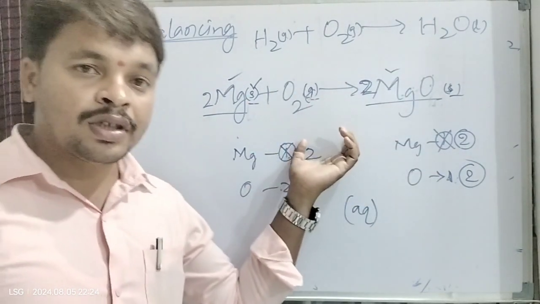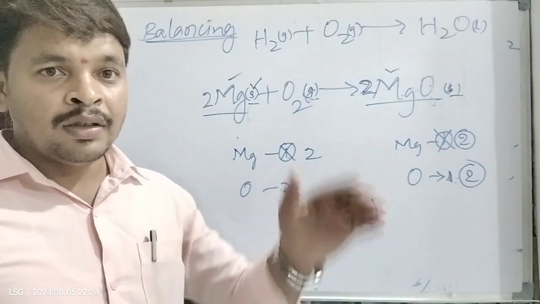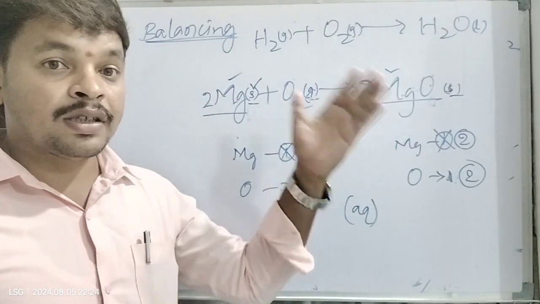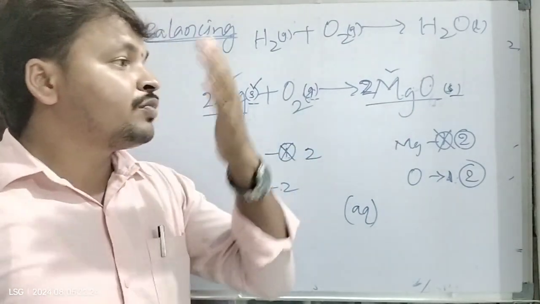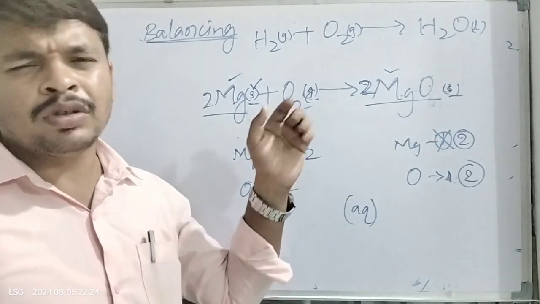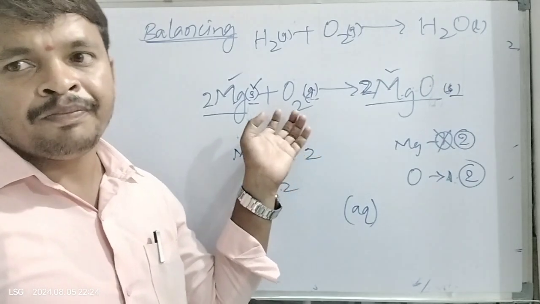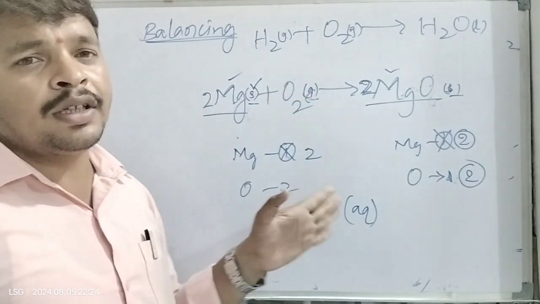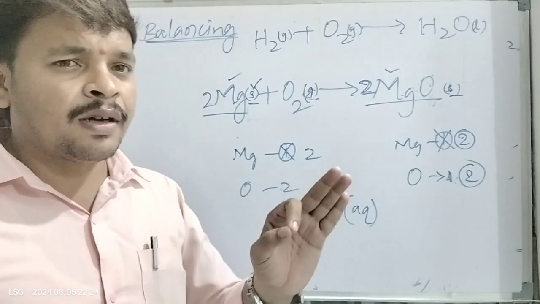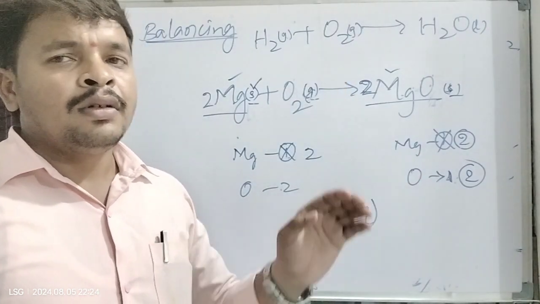And next we are going to study the types of chemical reactions, which are very important here. Some important types of chemical reactions, and at last we are studying rancidity, and one more concept, corrosion. Those are very important concepts we are going to study in the next classes. Along with that, after completing the lesson, we are going to discuss some important questions of this lesson, and